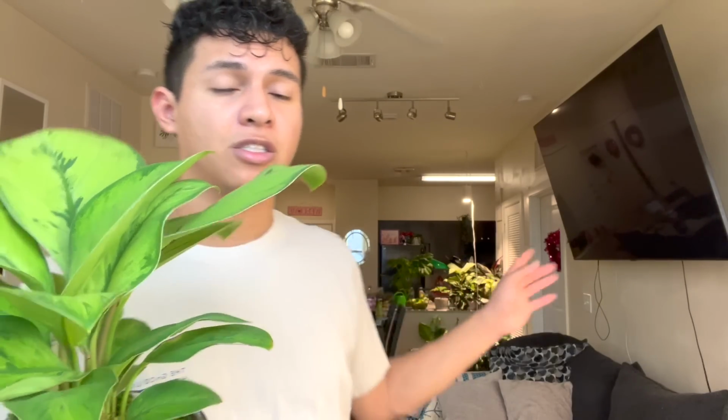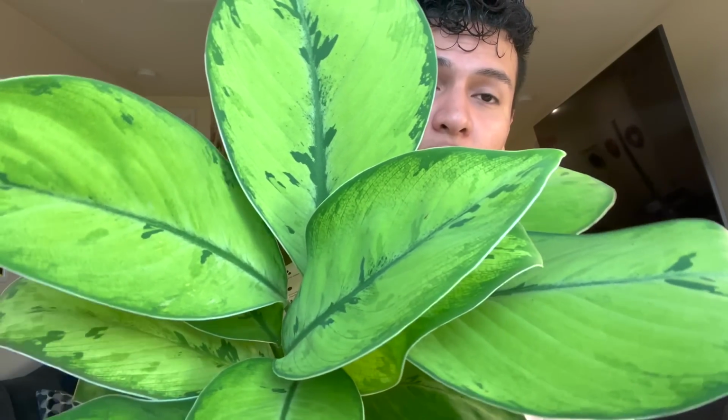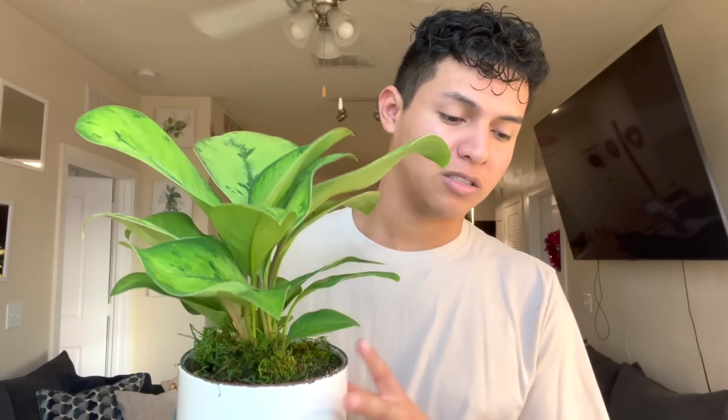I have it literally in the kitchen with the other plants, so the humidity is there. It's next to the kitchen, so I can see it every day and check on it if it needs water, because it does happen sometimes. I forget to water a plant, but I love the leaves a lot. It's just so gorgeous and beautiful, the detail and how variegated it is and unique. So really, really happy. I know it's a very finicky plant. A lot of people don't like this plant because it's very